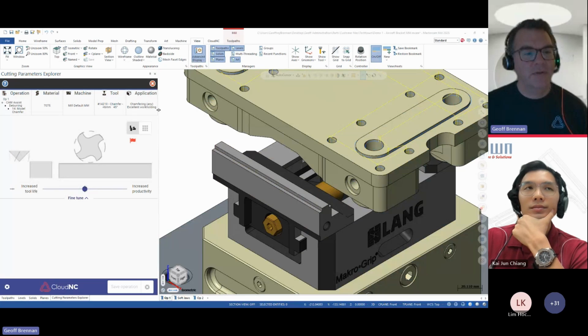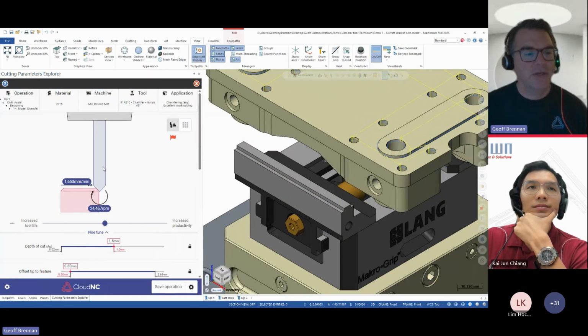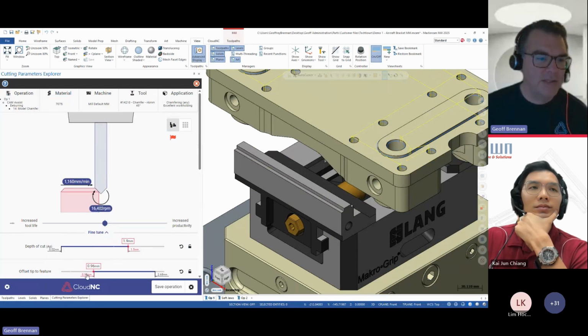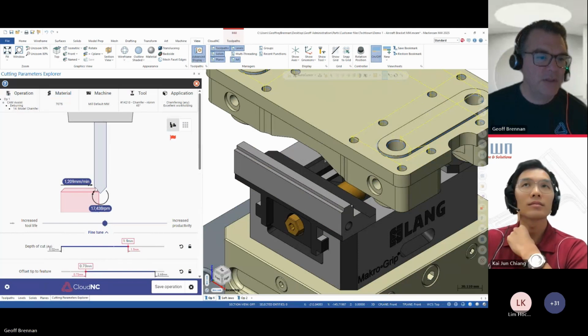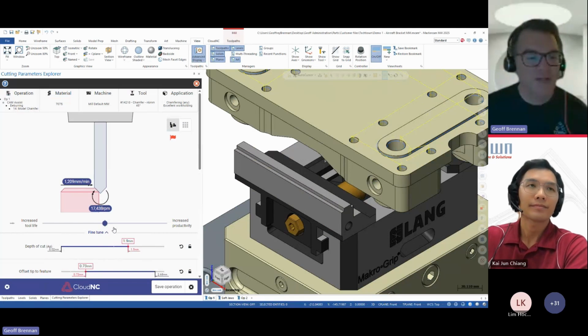so of course, with different tools, we're going to get different views in the Cutting Parameters Explorer. So this is with the chamfer tool. And you can see that we can control here the depth of cut. So the visualization on the diagram there gives you a good representation of where we're going to set the tool. So typically we want to engage the length of the cutting edge, not the tip, because that has 0 velocity.